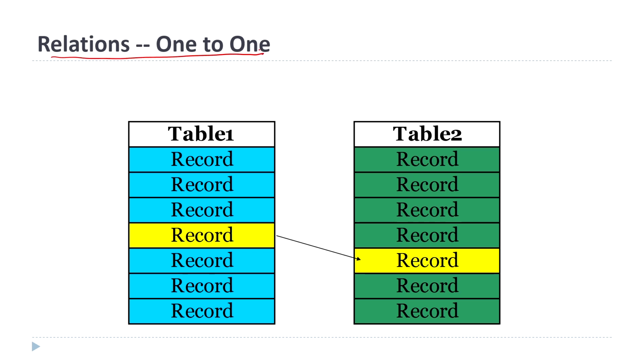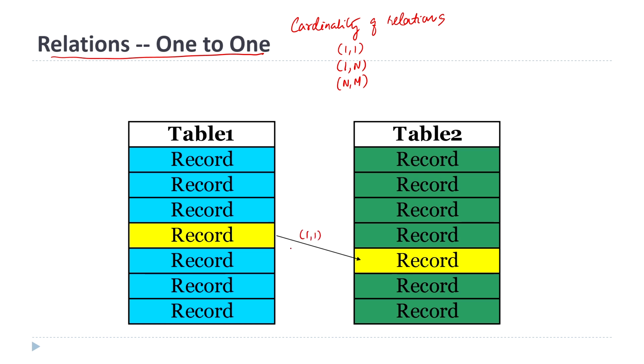The first relation is called one to one. This is also related to what we call the cardinality of relations. We saw one to one yesterday, 1 comma n and n comma m, right. We will be looking into all 3. So, this one, 1 to 1, 1 comma 1, means